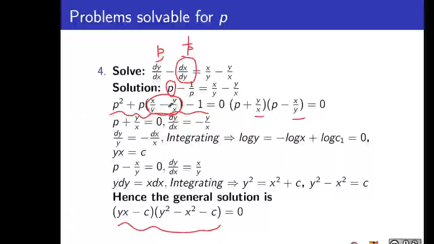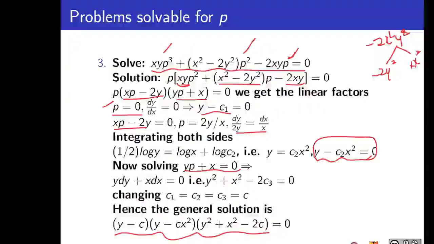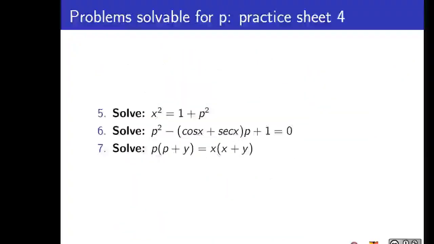These are the sum of the factors. So if you take the product, you get minus 1, which is already given in the right form. So you can simply write x by y as one factor and y by x as another factor with appropriate sign. So again, equating, separating variables, you can integrate and conclude your solution. We have some practice problems in this method which can be done. Thank you.